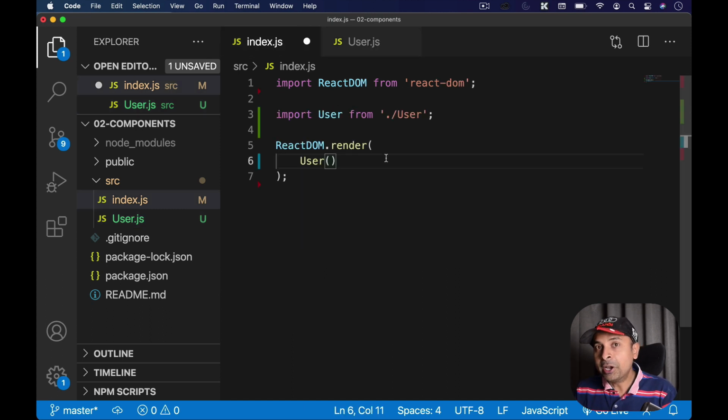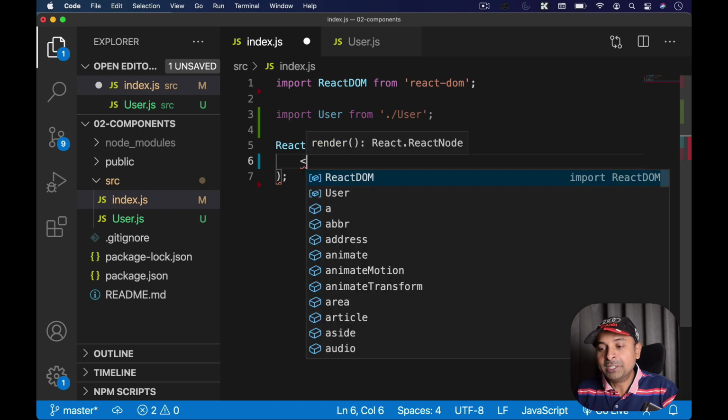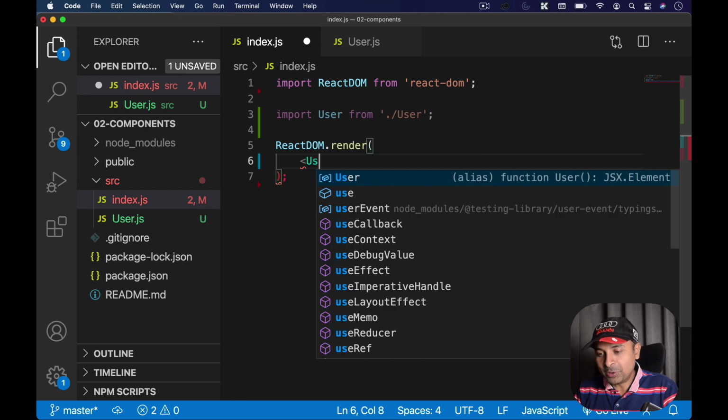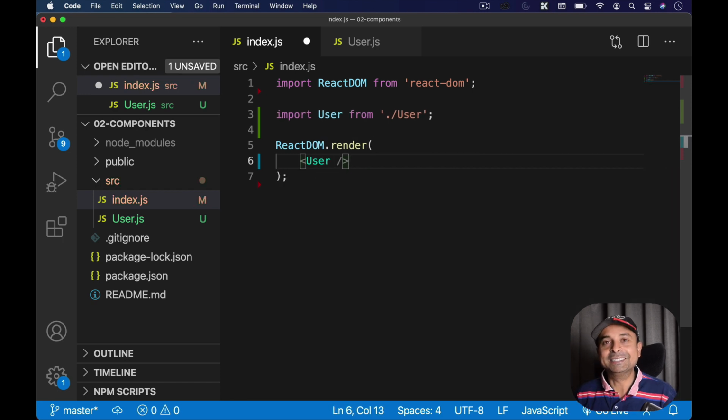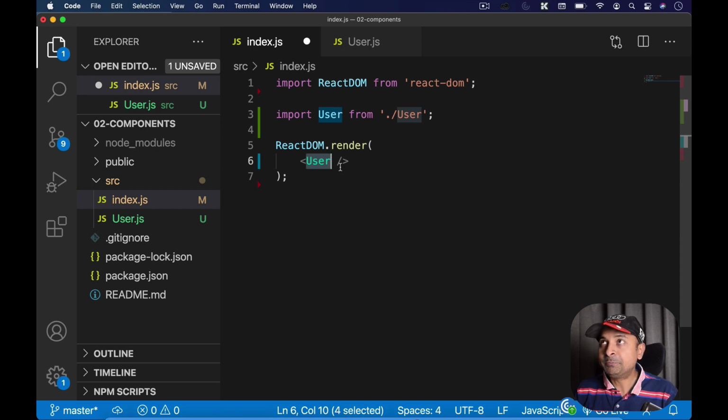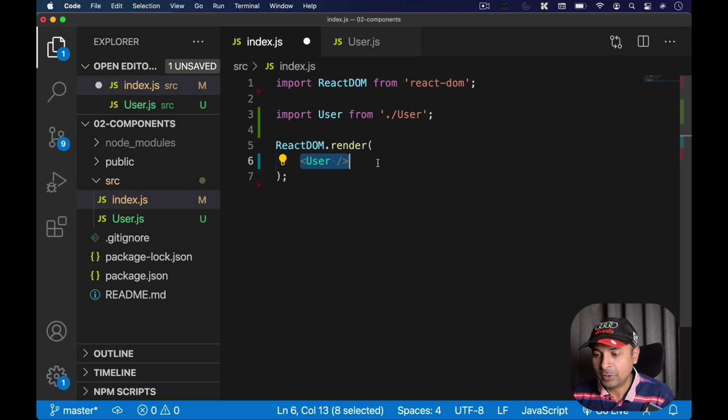And how do we render a component in React? Using HTML-like syntax, or I can say JSX syntax. So I'm just going to render like this. Getting my point? So instead of calling a function, this is a declarative way of creating something, because I'm declaring something here.